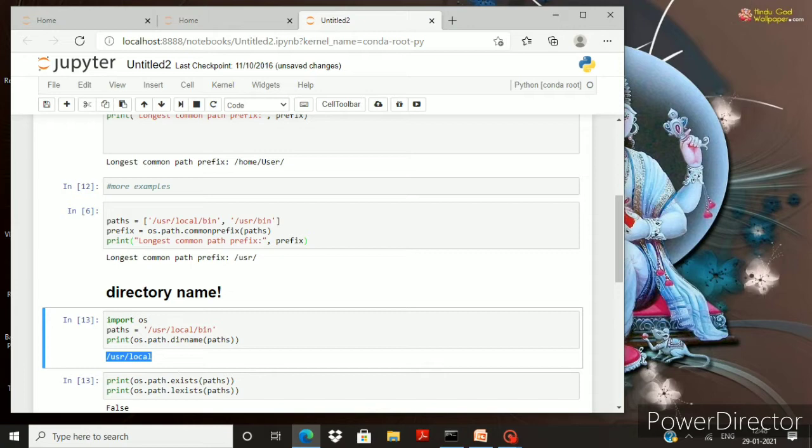What do we mean by a directory? If you have saved a particular file inside a folder, then the folder will be the directory of that particular file. So here it is also like that.